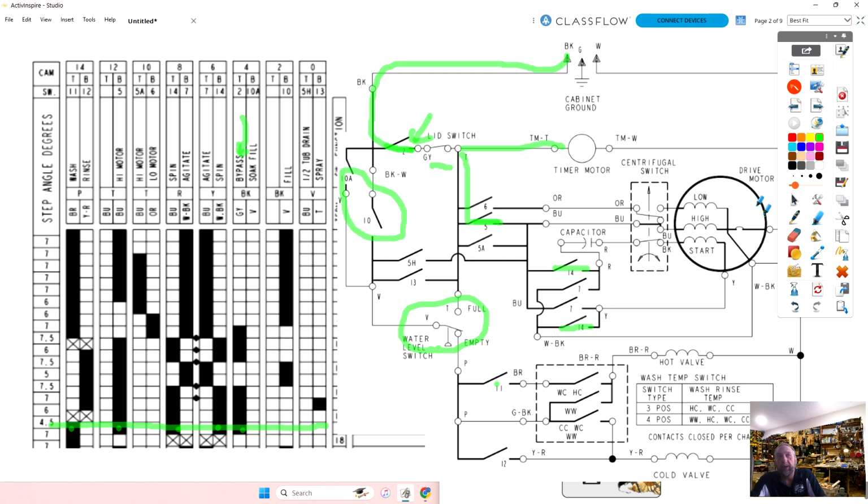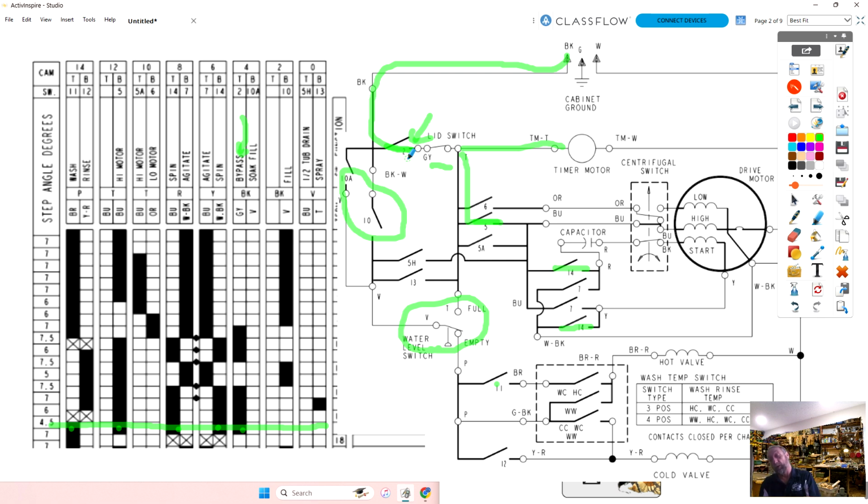Because when we spin the machine, we're also draining the water out. And if we drain the water out, what happens to our water level switch? It goes to empty, and it would never completely drain. If it used the water level switch, it would get halfway empty, and then the water level switch would drop to the empty position. The motor would say, okay, I'm done, and it's half a tub full. So the lid switch and timer switch number 2 are only utilized on the Whirlpool direct drive washer during spin.